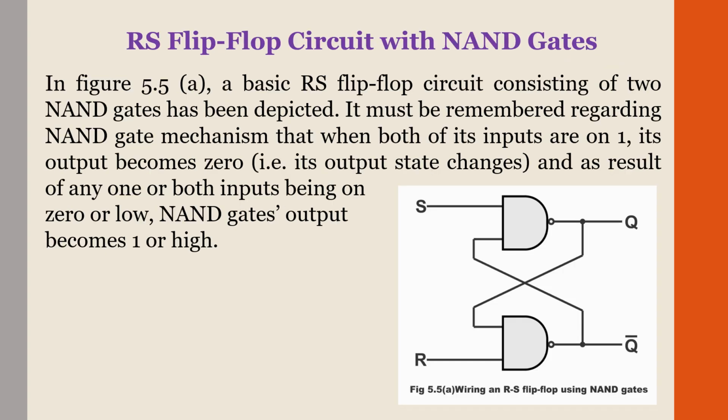RS flip-flop circuit with NAND gate. In figure 5.5a, a basic RS flip-flop circuit consisting of two NAND gates has been depicted. It must be remembered regarding NAND gate mechanism that when both of its inputs are 1, its output becomes 0. And as a result of any one or both inputs being 0 or low, NAND gate's output becomes 1